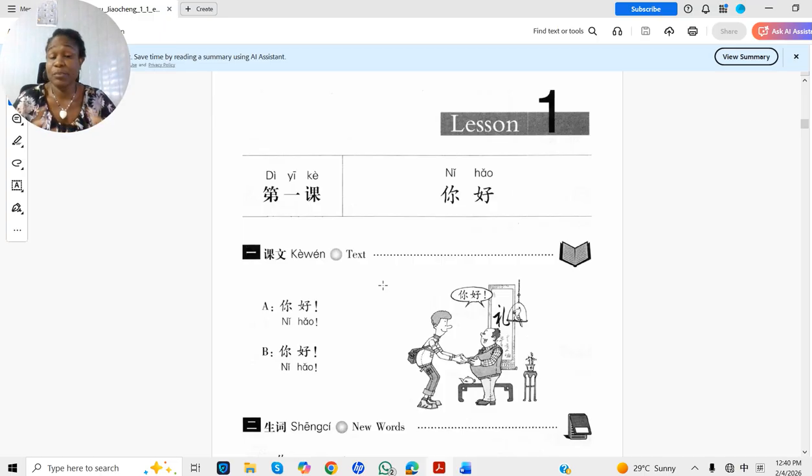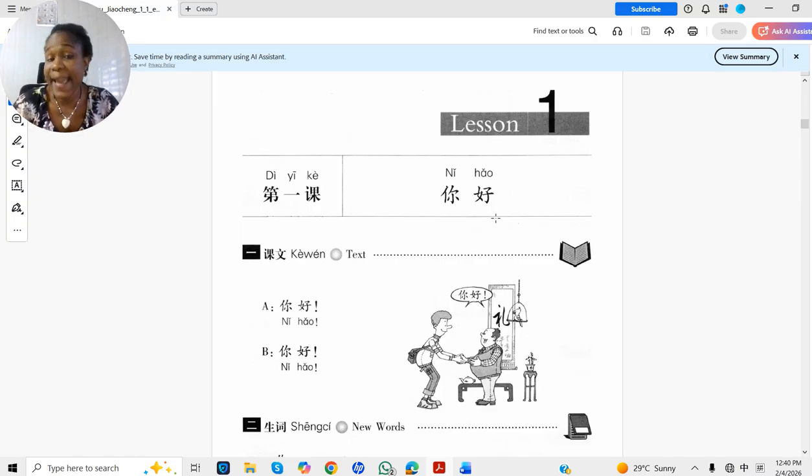Three basic and important. The number one is ni hao. If you look at the ni, you will see that it has the down up tone. Both the ni and the hao have it, and it goes with your pronunciation. It's not ni hao, no, it's ni hao, ni hao. That's the way it's pronounced. So ni means you, hao means good. That is when you pronounce them separately. When you bring them together to form a word, it means hello